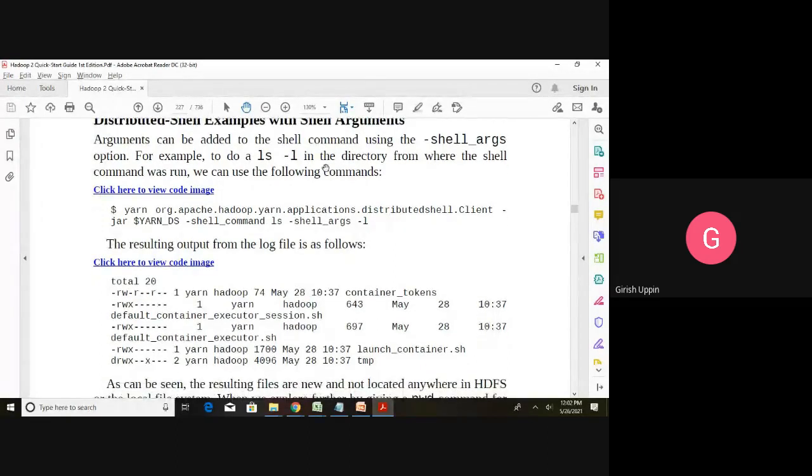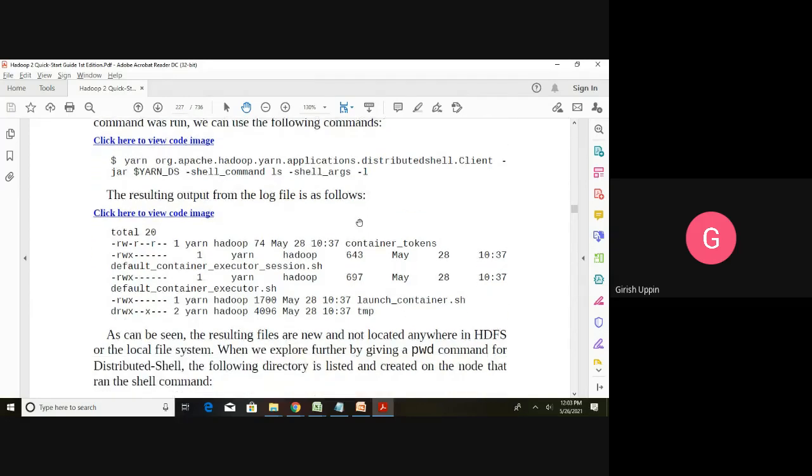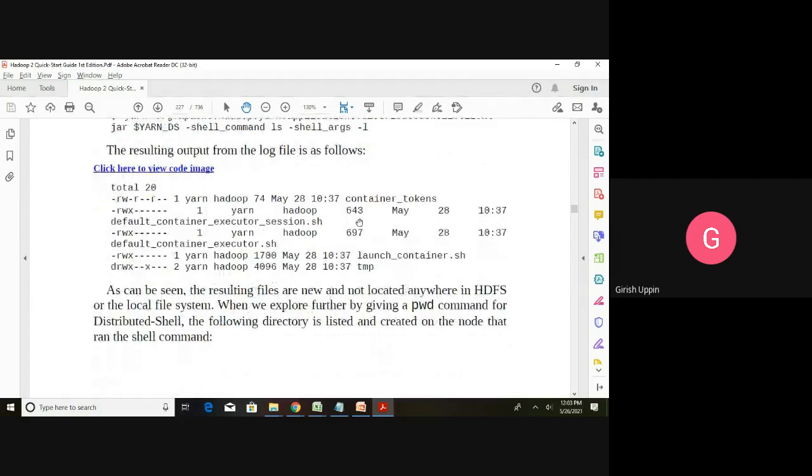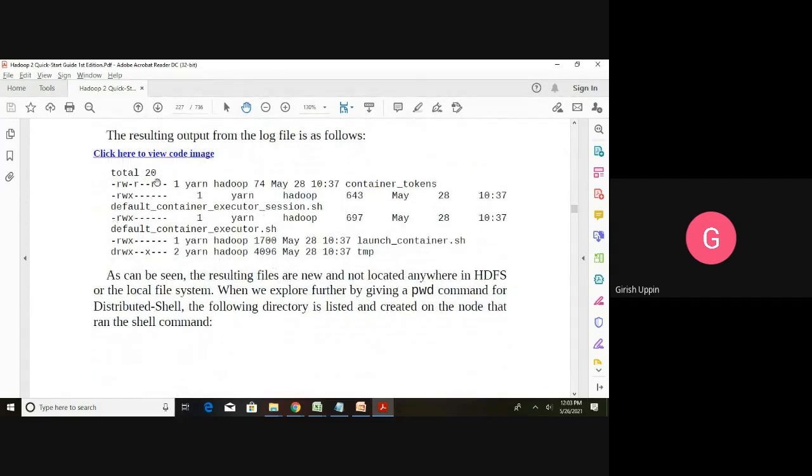To execute it, you can see yarn, then the client, then -jar $yarn_ds, then -shell_command. The shell command is ls, and it needs arguments. Those arguments are given using -shell_args -l. Once it completes successfully, we can look into the log files, and this is how you will get the output.